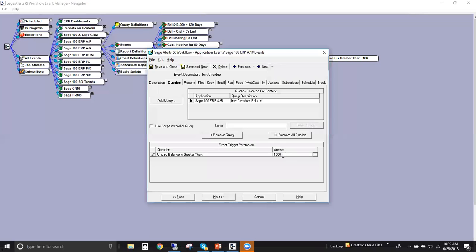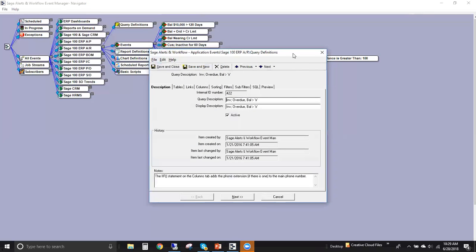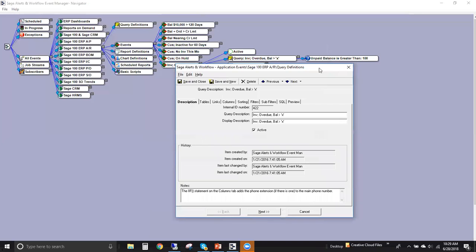Now, whenever I start talking about the triggering mechanism behind an event, the query, I always get a question from folks, which is the following. How easy is it for me to actually create or modify a query? For example, we might have certain customers that we wish to exclude from this event's criteria. So let me take you into the query designer, because the answer to that question is you don't have to